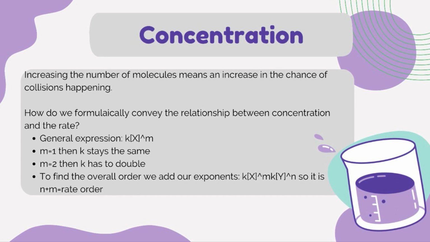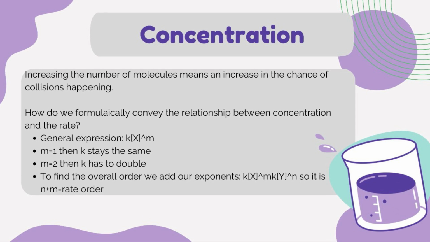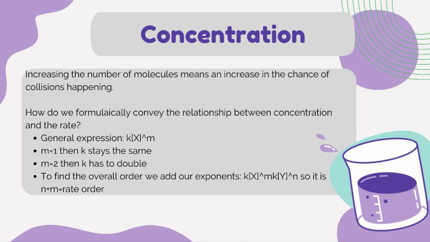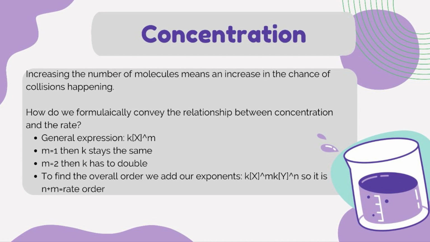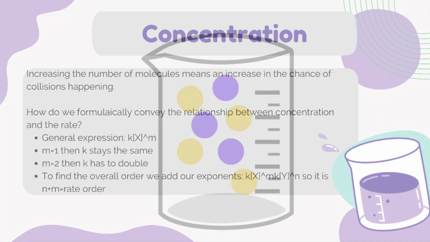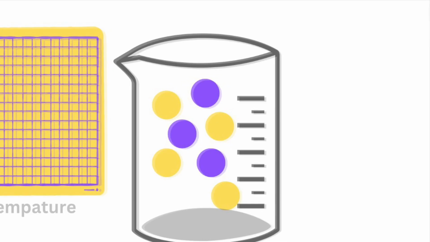But if the m was equal to 0, then that means that it would nullify our concentration. The concentration is not going to affect the rate order. And then if it was to the power of 2, for example, then that means that our concentration is quadrupled, which doubles our rate constant. So another factor is temperature, and so temperature affects the rate of reaction because it is the